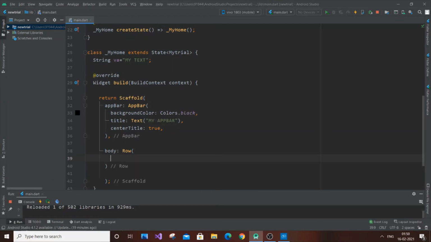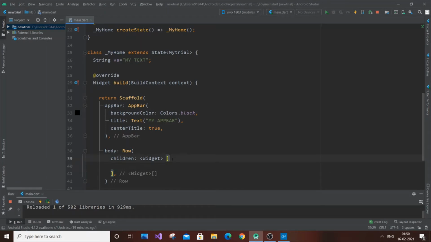Inside row is actually a widget, and it takes a collection of widgets. So for row it's going to be children, okay, it's not going to be child, and it will take a collection of widgets. So you need to type widget like this, okay. It's basically like specifying the data type of a list. So you need to declare a list this way. You declare a list by List, and you put some name like that. You pass the integer, like int list, something similar to here also.